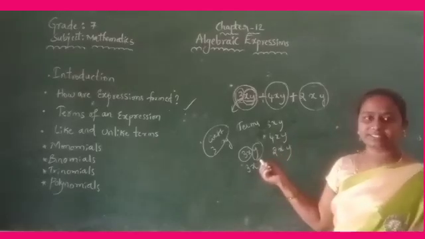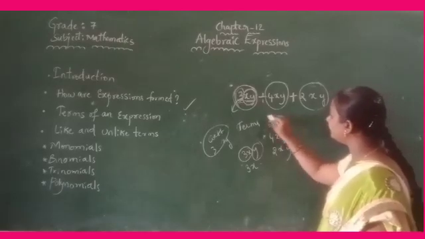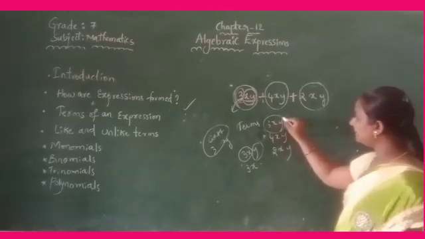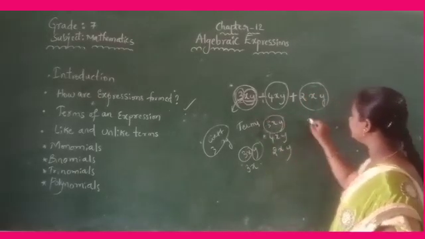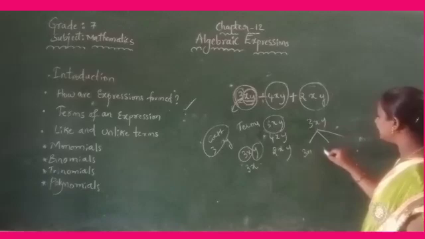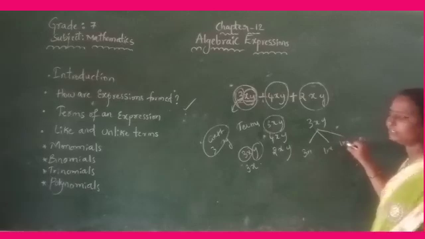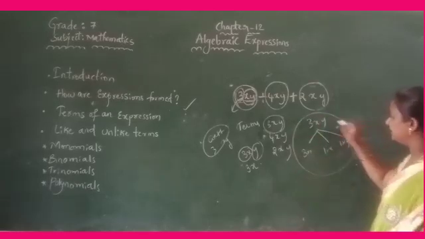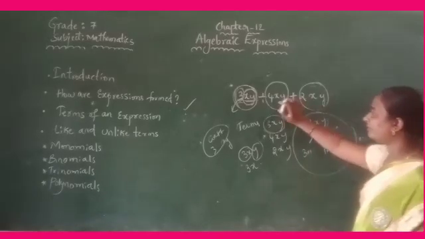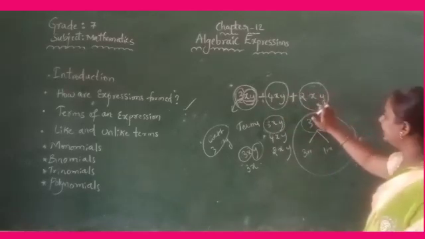What are the factors? Here 3xy is the term. The factor is something that is being multiplied. Here 3 is multiplied by 1, x is also multiplied by 1, that is 1 into x, and y is 1 into y. These all are the factors. So what are the factors in this term, 3xy? Here the factors are 3, x and y. Similarly for 4xy and 2xy.